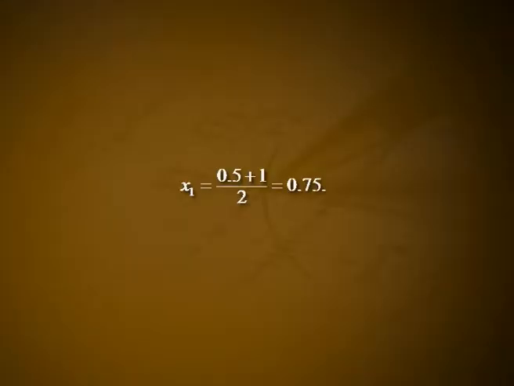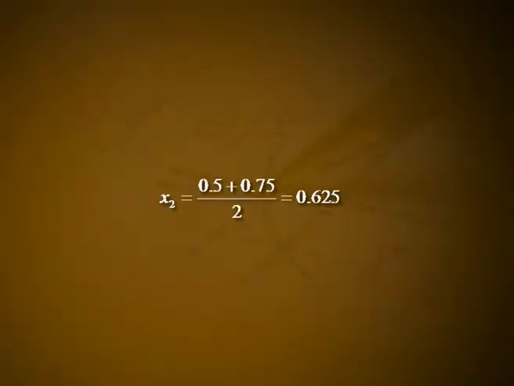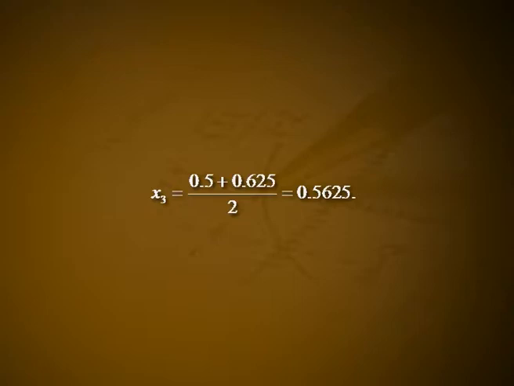Step 2. Since f(0.5) is negative, it follows that a root lies between 0.5 and 1. Hence, the new root is x1 = (0.5 + 1)/2 = 0.75. Step 3. Since f(x1) is positive, a root lies between 0.5 and 0.75. Hence, x2 = (0.5 + 0.75)/2 = 0.625. Step 4. Since f(x2) is positive, a root lies between 0.5 and 0.625. Hence, x3 = (0.5 + 0.625)/2, that is